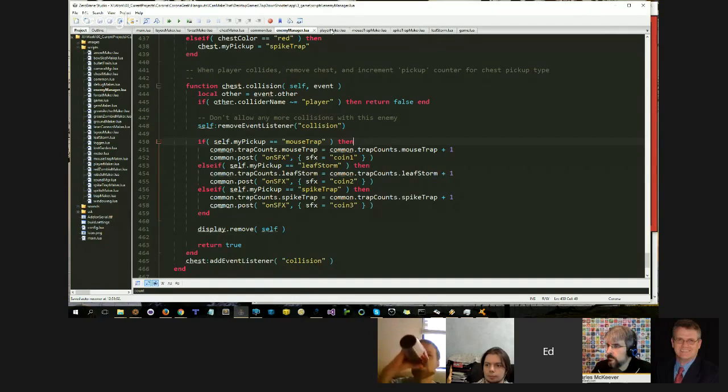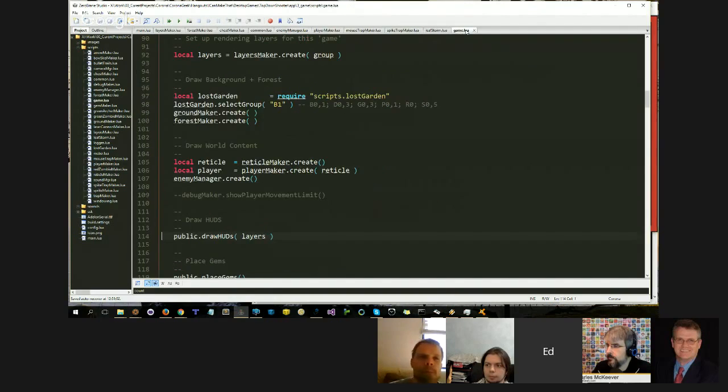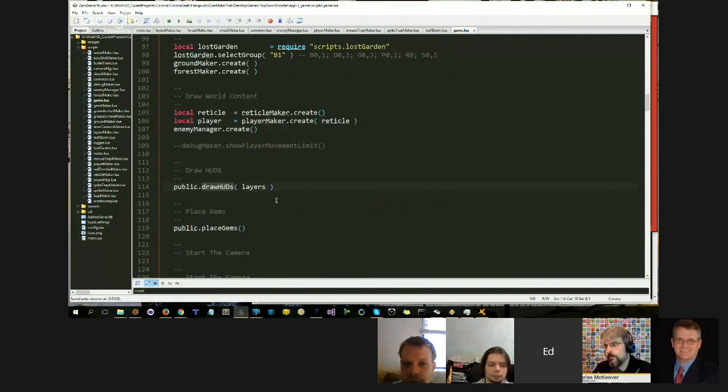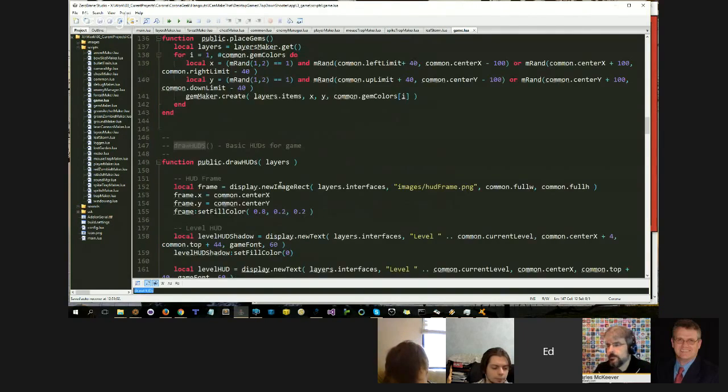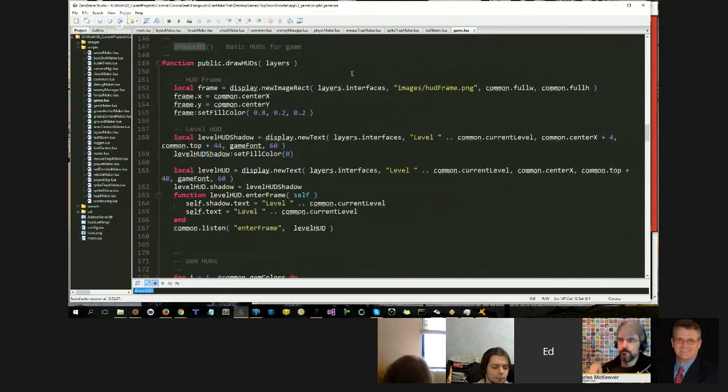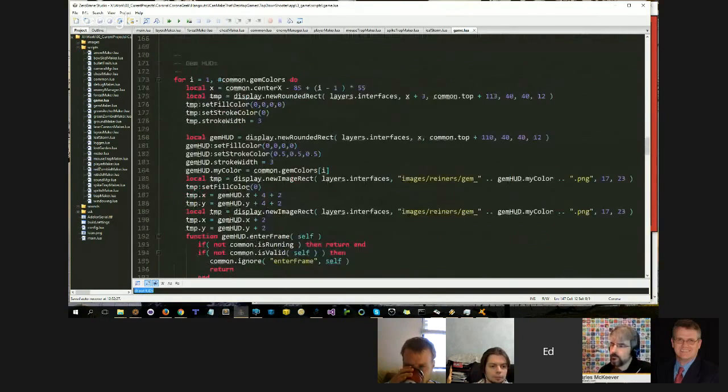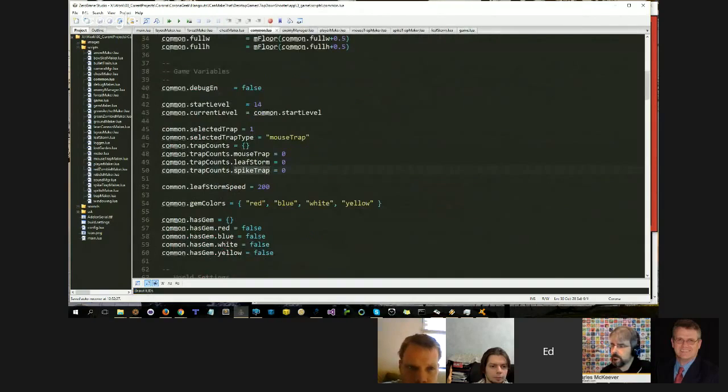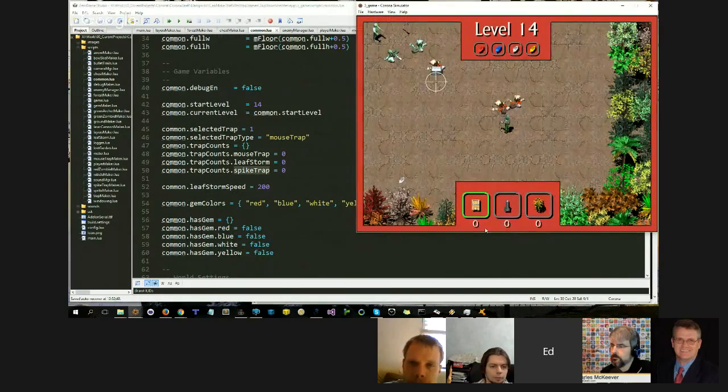I'm not going to cover the HUD code today. I will say that it is in a function called draw HUDs in the game file, and it's relatively straightforward. All I do is create some images and some counters and stuff like that, and then I add enter frame event listeners. The enter frame event listeners will go through and look at these counts, and every frame they will change these little counters